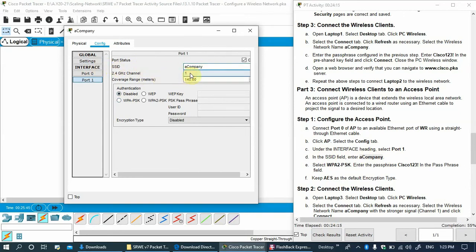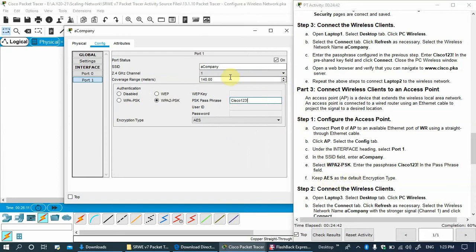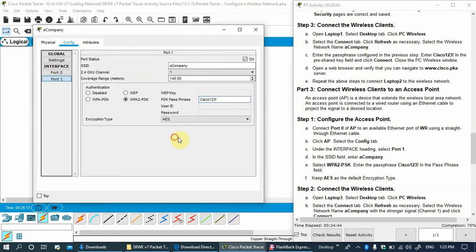If you can see here, WPA2 PSK, and the passphrase is, so here we need to select WPA2 PSK and the passphrase is Cisco123!. Okay, so after that keep AES as our default encryption. So the default encryption is AES, and then save and exit.